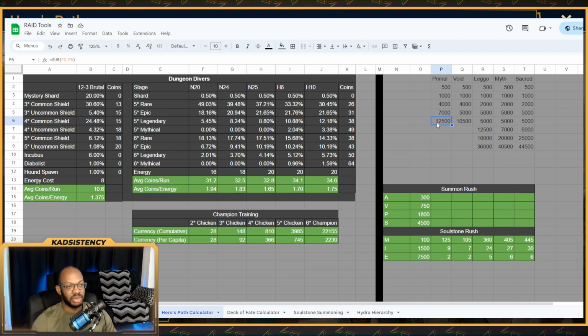So for example, if you wanted the Primal Shard, you'd have to crank out around 3 5-star chickens from scratch, and that would basically do it for you, which is more than doable over the course of 4 days with just the daily accrual energy. And then here on the right hand side, we'll also have the amounts if you wanted to do it